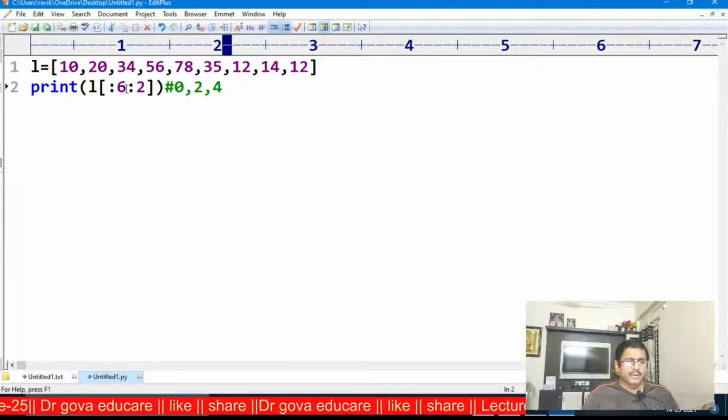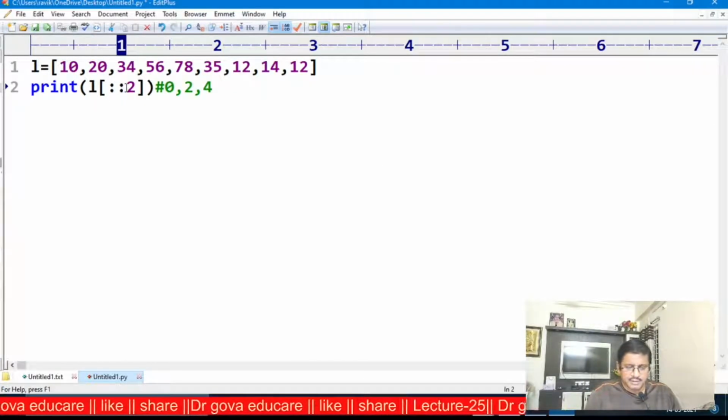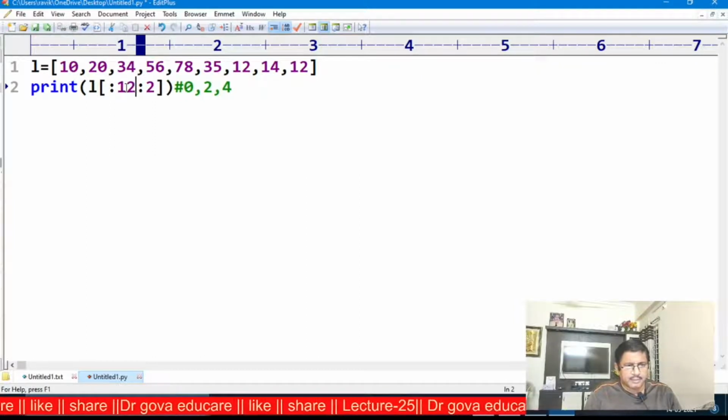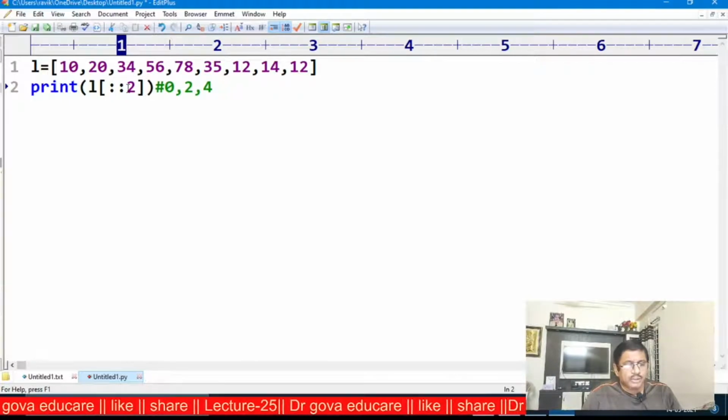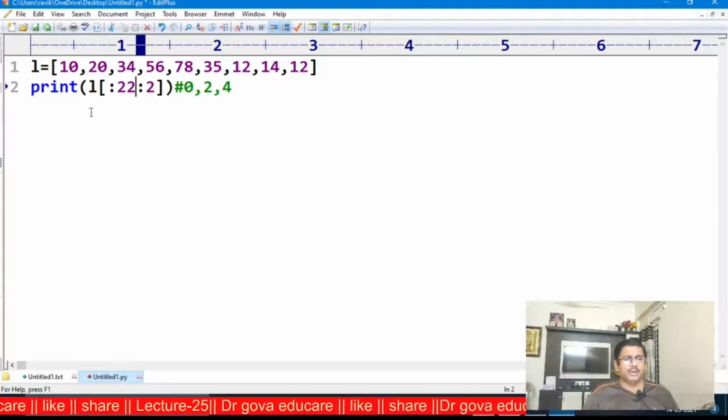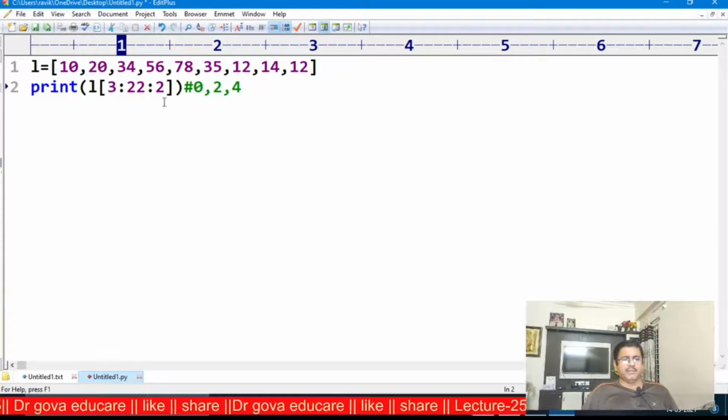Similarly, now suppose I want to start at the third element and go up to 22. Now observe the output here.